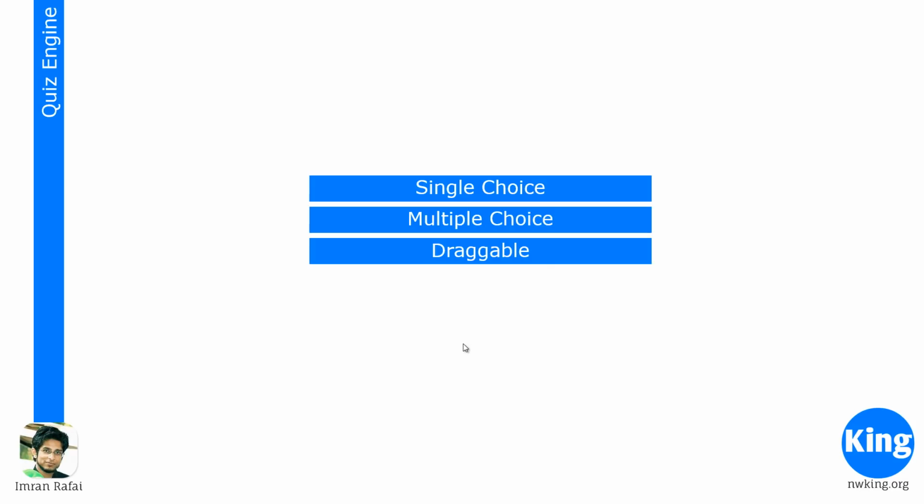Then we have draggable ones, where we have a certain set of criteria on the left and another set of criteria on the right, and you drag the relevant one to the right rows. So these are 3 types of questions, and they're really wonderful. This is going to be related to your CCNA, so I would suggest everybody to, as and when you do my videos, go to the test engines and give it a try.